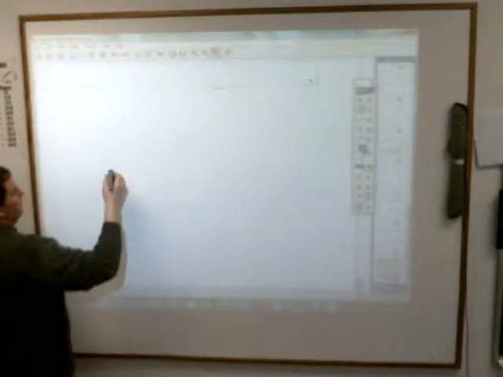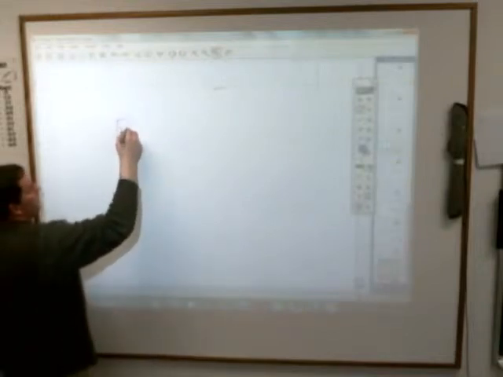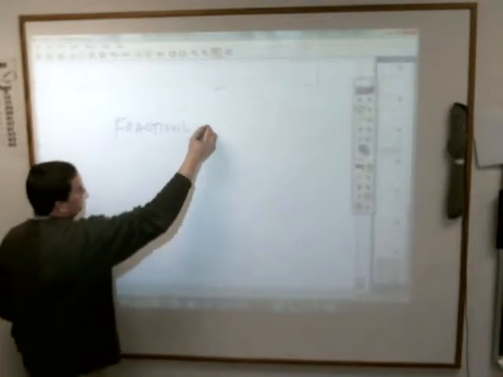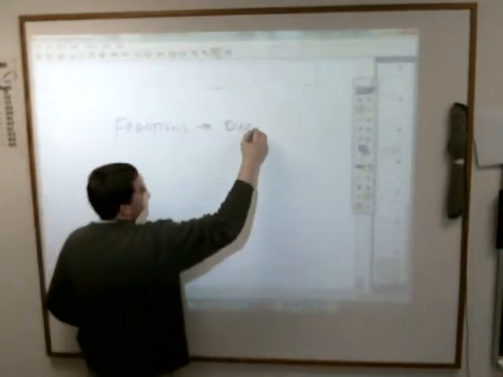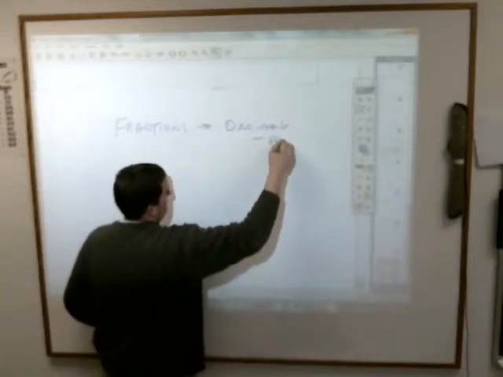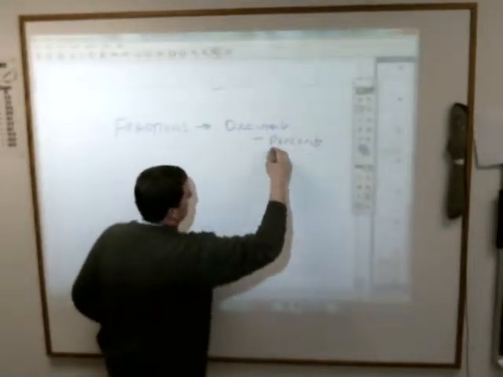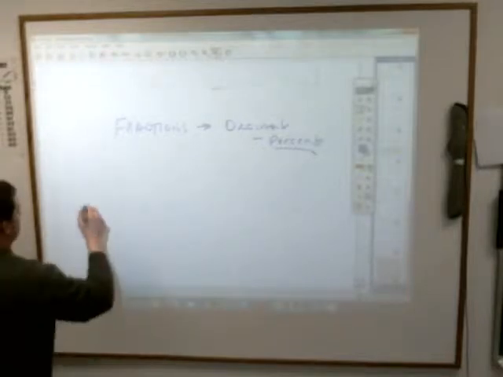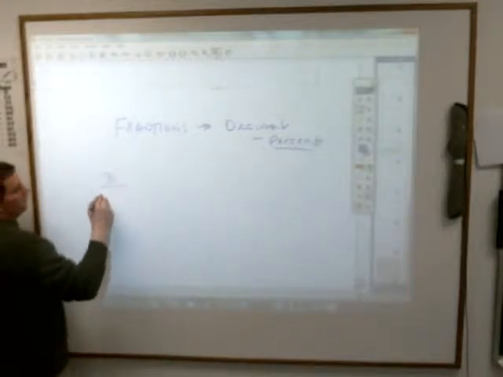The little thing for today is just making sure that you understand how to change fractions to decimals to percents. They are all very much alike, yet very much different, and you just have to understand the process. It's a real simple sort of thing to change one to another. For example, the fraction 3 over 100,